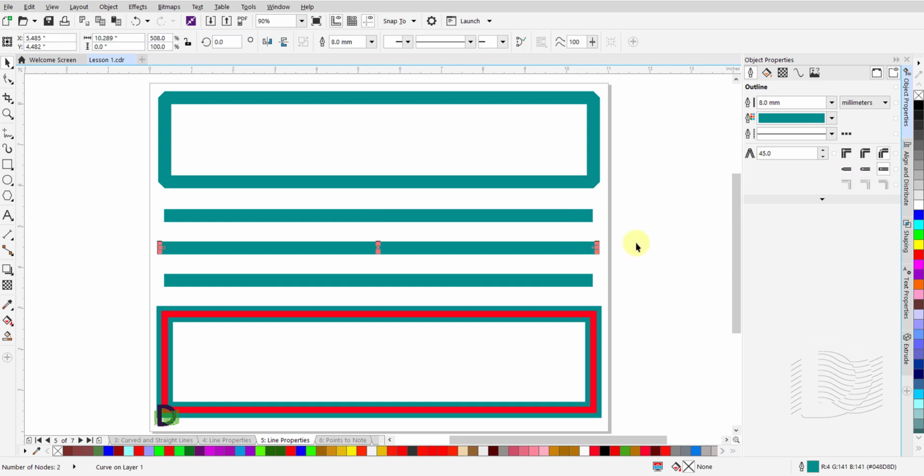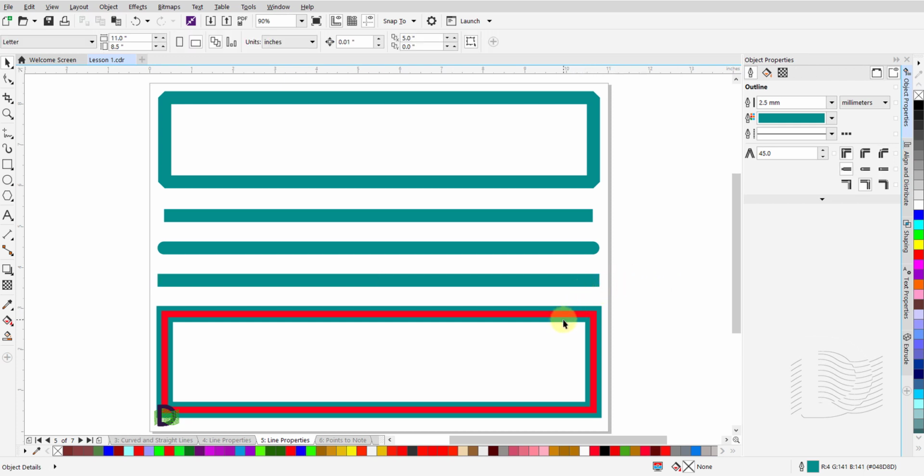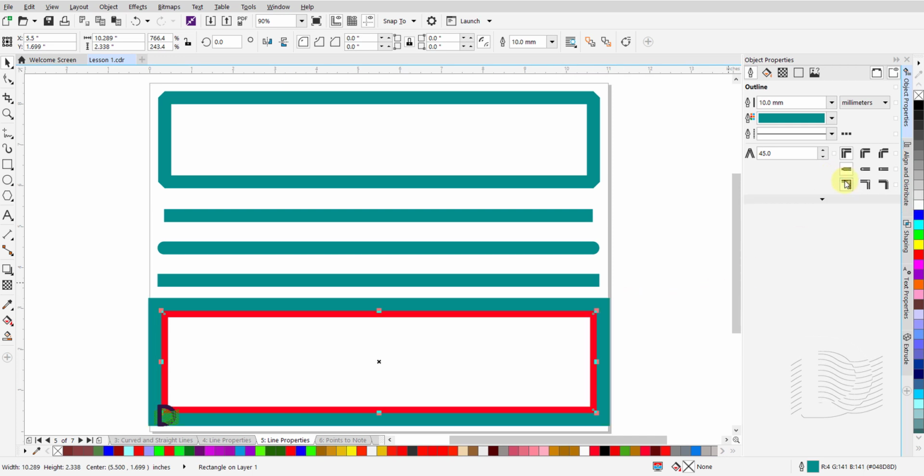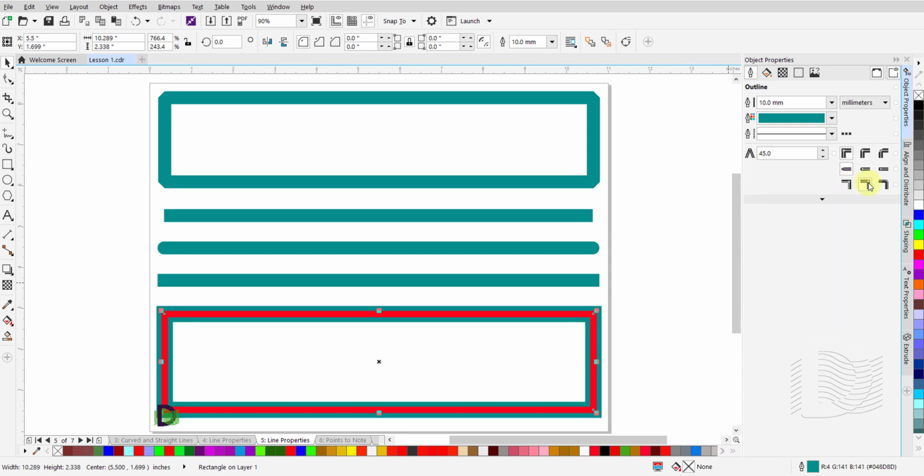Square, round, or extended with a square cap. Finally, you can choose the outline to be on the outside, centered, or inside.